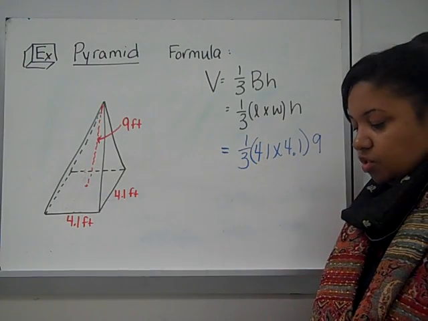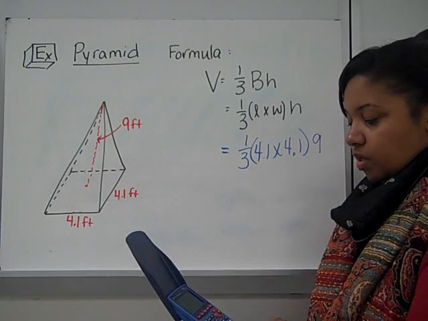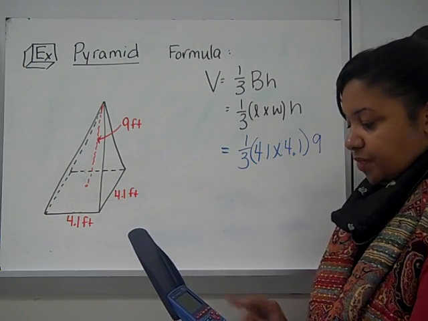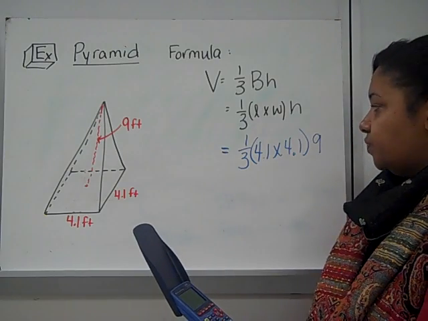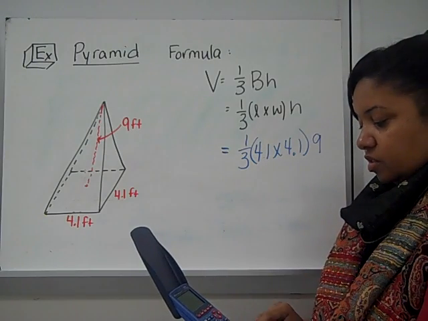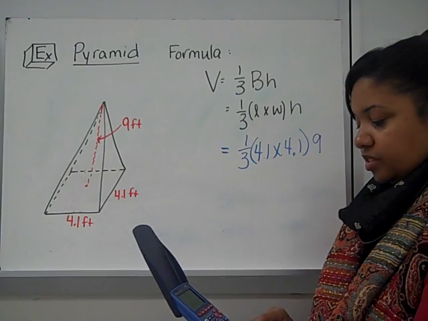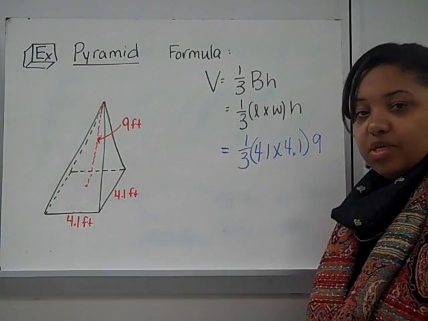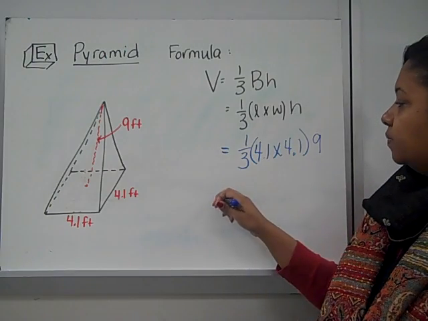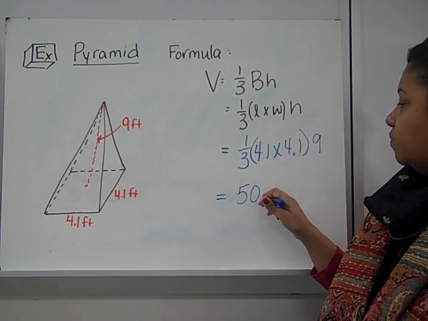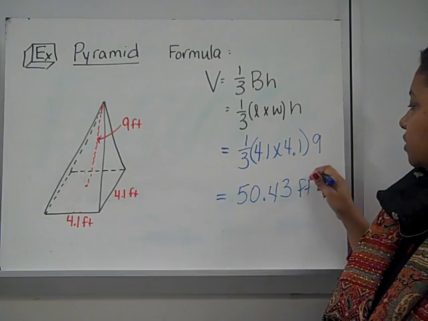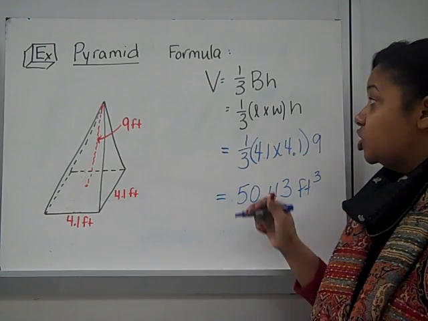And once again, when you type this in the calculator, you hit 1 and then BC. BC is your fraction button, and then 3. Then move your cursor over, and you have times 4.1 times 4.1 times 9, and we get 50.43. And that is feet cubed. It is feet cubed because you're multiplying a